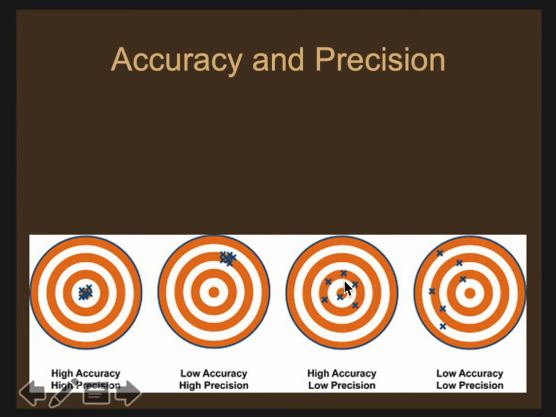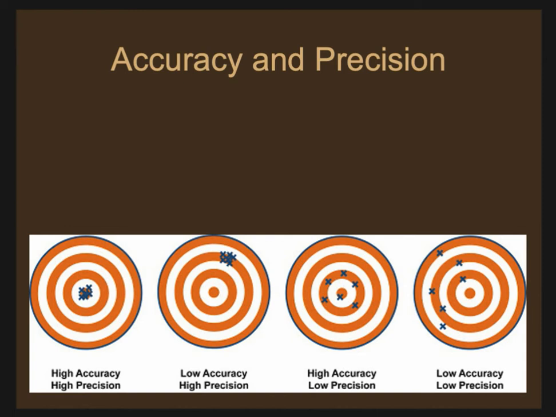So this would be something like you get readings like 132, 137, 130, 138, right? So it's all within, let's say, a range of 10 pounds. It's not very precise, but they're all clustered around the actual value. And then, of course, the worst is low accuracy, low precision, all over the place, and all the readings